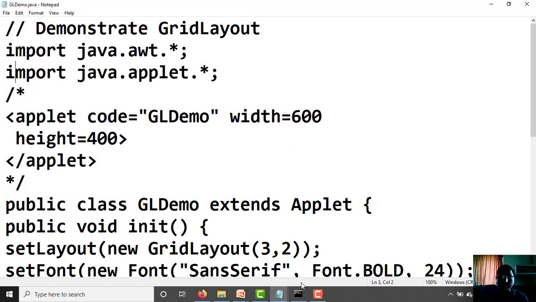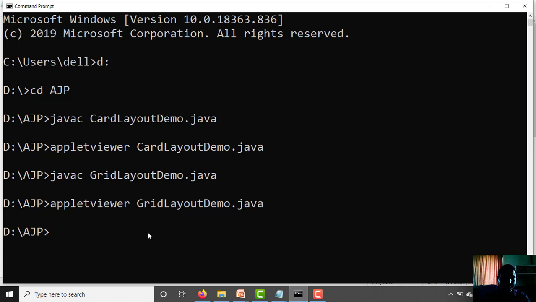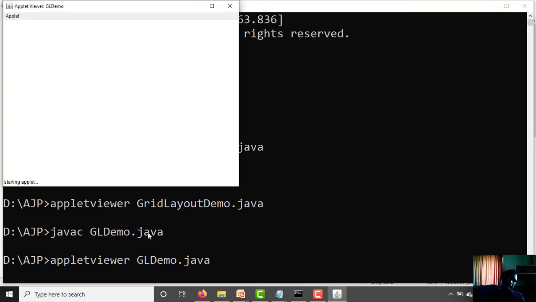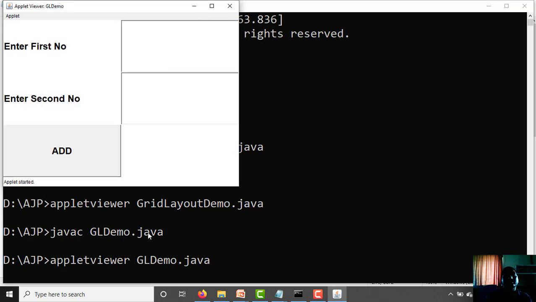Yes, okay, compile this program, javac GLDemo. Compilation is okay. Then appletviewer GLDemo.java. See here, enter first number.